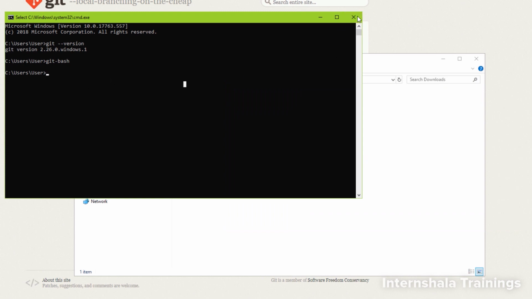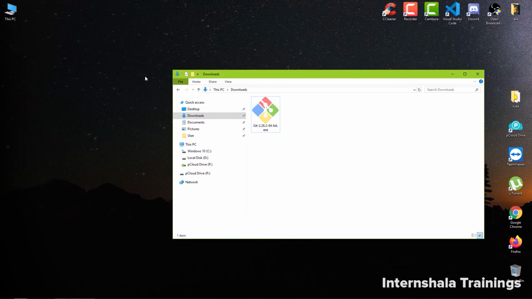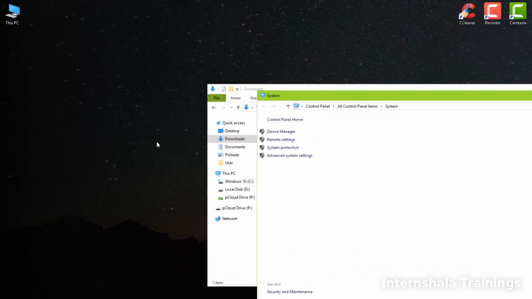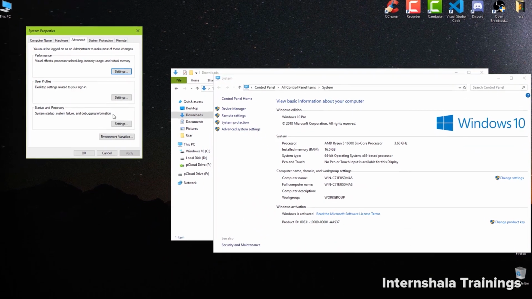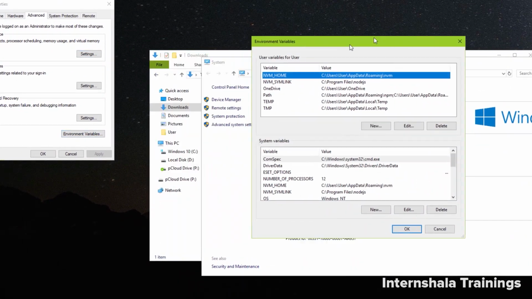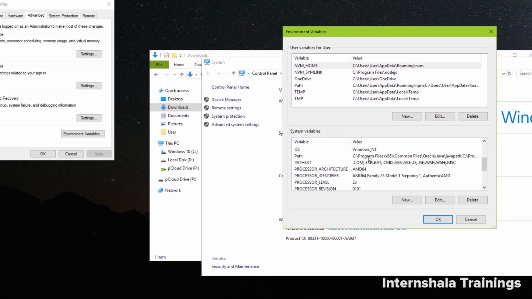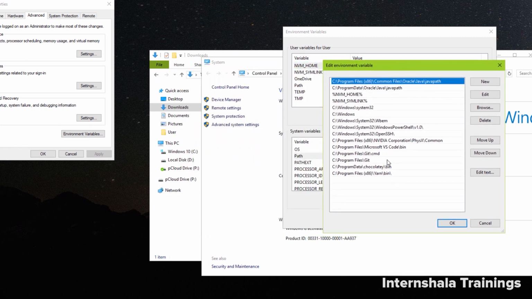For that, just close CMD, go to your desktop, and by right-clicking This PC, go to Properties, Advanced System Settings, Environment Variables, and here under System Variables at the bottom, look for the Path variable. Double click on that, and here you need to add one more entry. As you can see, I have two entries for Git over here. C:\Program Files\Git\cmd. This is the one you should already have, and you also need to add one more entry with C:\Program Files\